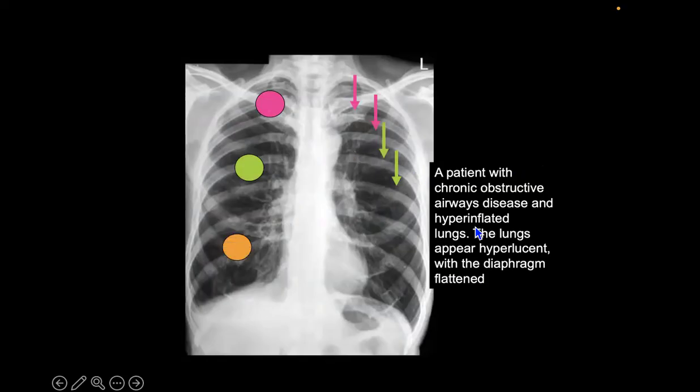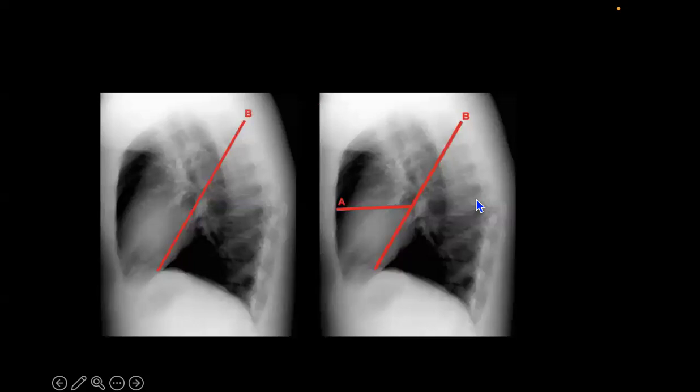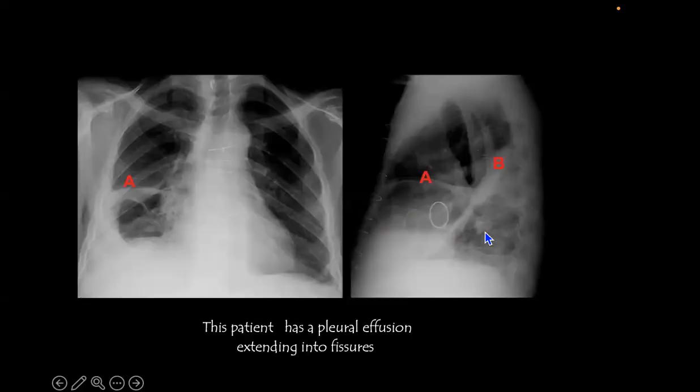So this is a patient with obstructive airway disease. You see the intercostal space is very widened. These are the fissures. We assess all these. I would like to move quickly over this because the most important thing is the interpretation rather than this meticulous assessment. This is a major fissure, which we call the oblique one, and this one is a minor fissure. The minor fissure, of course, is on the right side. We call it the transverse fissure. And here, this is a diaphragm. It's elevated, and you can see bowel loops pushing it.